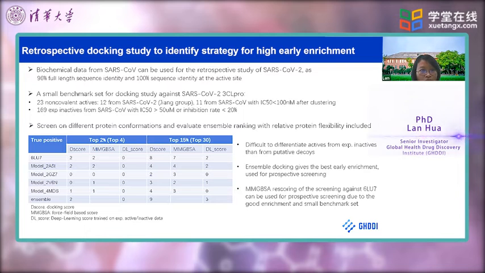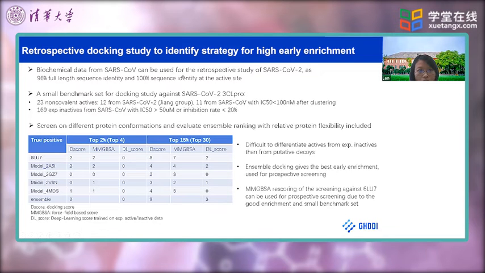Then we use the 5 models, 1 crystal structure and 4 models, to conduct virtual screening. Before screening a library, we usually do a benchmark study, called a retrospective study, to identify a strategy to really get high early enrichment. As I talked about previously, the SARS-CoV 3CL is very similar to SARS-CoV-2